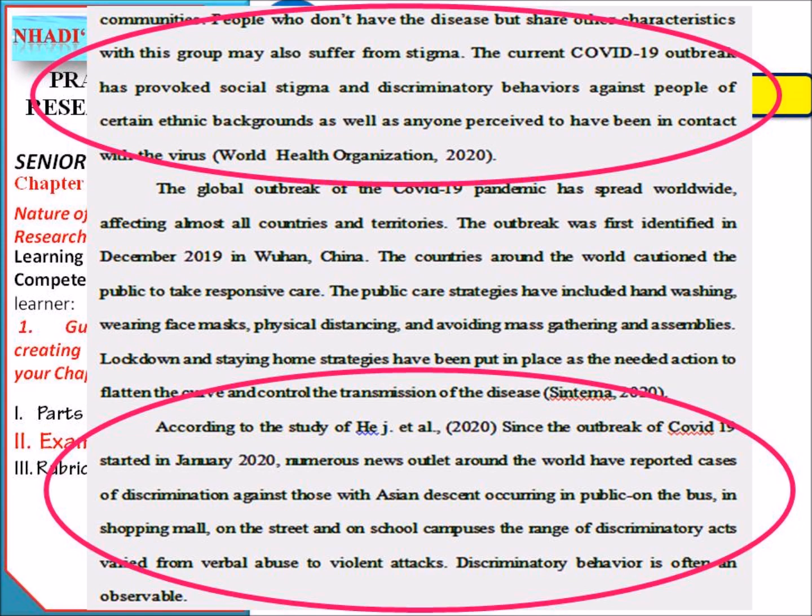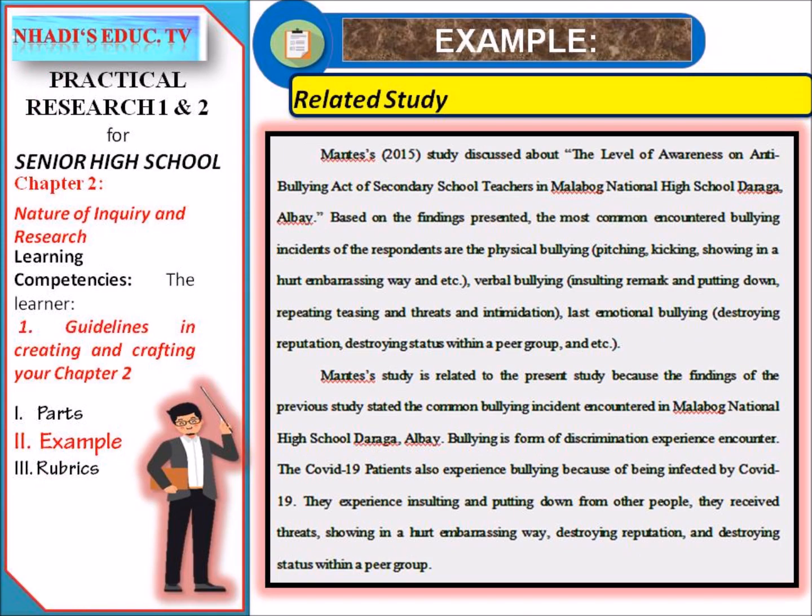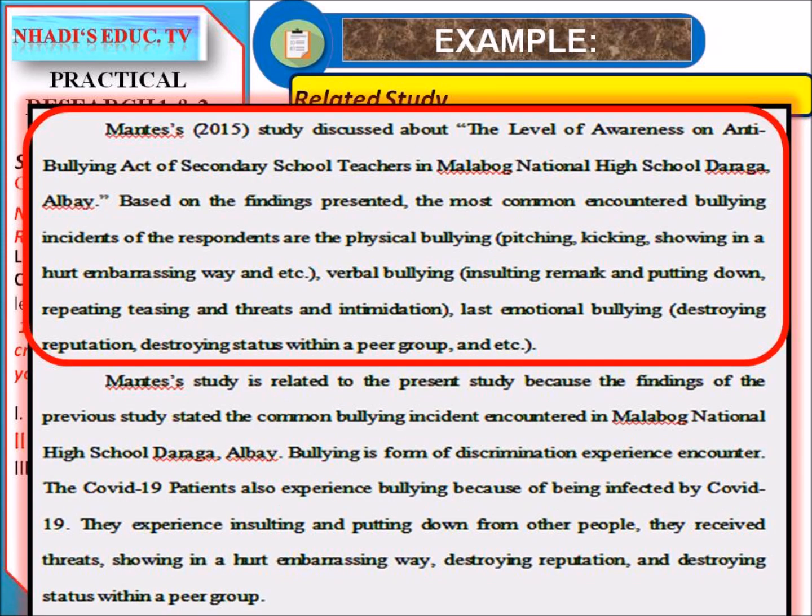On the next source, taken from He, J. et al. of 2020, here the authors discuss the concept or ideas of discrimination experienced through verbal and discriminatory observable behaviors from the source. Here also, the authors use narrative in-text citation to recognize or give credit to the source. Moving on to the next example for the related study. In here, the authors use narrative in-text citation to further discuss the findings of the study,